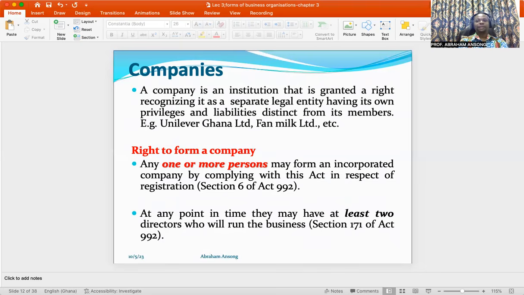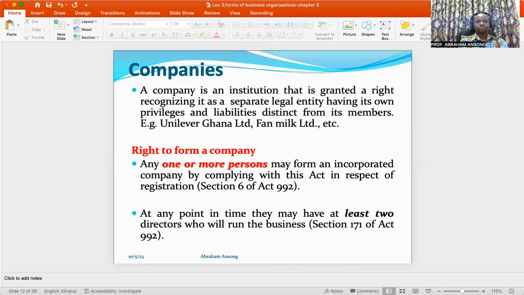All right. So the members, or the people that have come together to form the company, are not the same as the company. The company is deemed to be separate and distinct from the people that came together to put their resources to form that particular company. Let's take note of that because that is a key attribute or feature of a company, okay? The concept of separate legal entity.